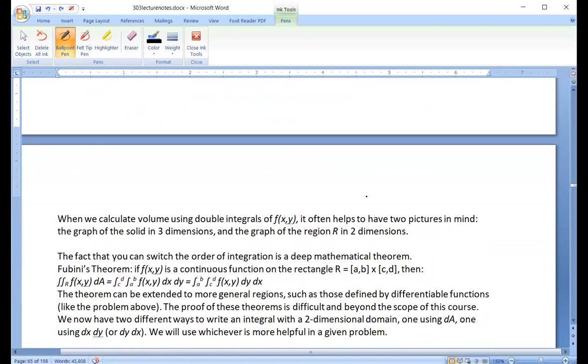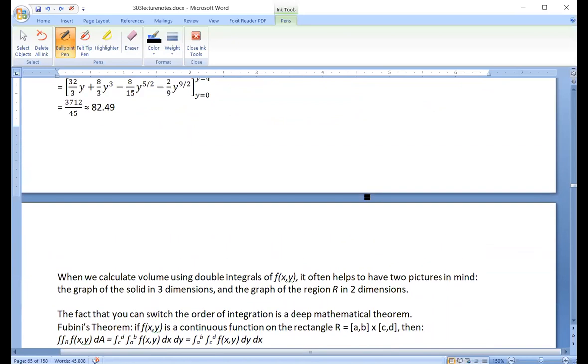So I just want to mention that we said, hey, you can set this up either way, either dy dx or dx dy. So we chose a fairly simple scenario. It turns out that the fact that going from one to the other, switching the order of integration, is a deep mathematical theorem. So let me just mention, to be mathematically complete, the fact that you can switch is called Fubini's